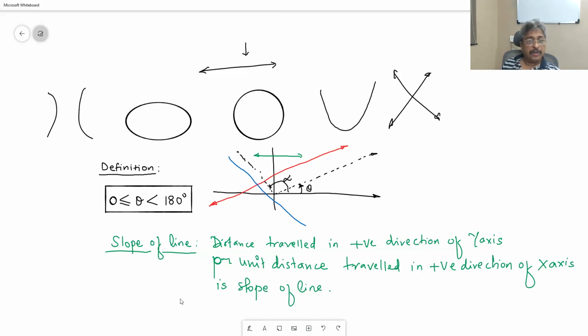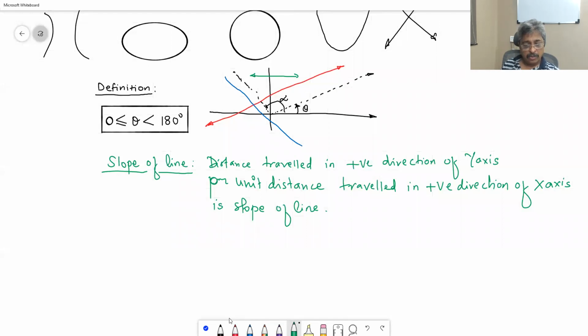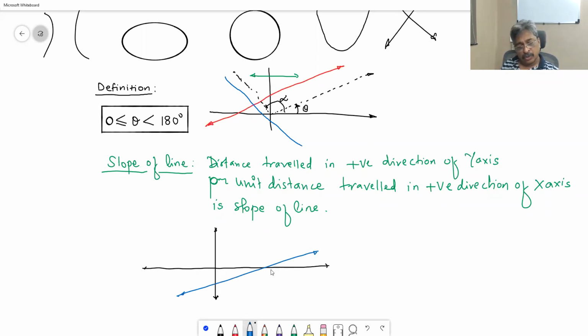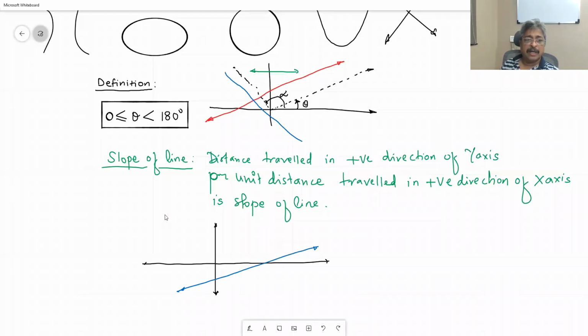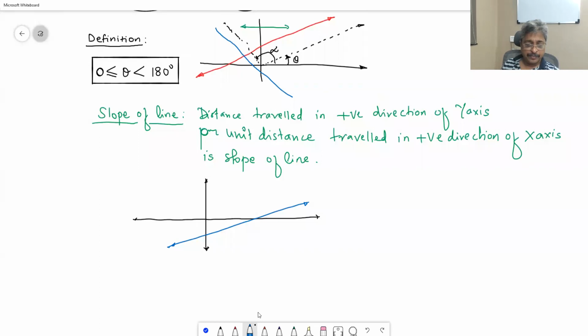Oh, this is good. So, what do we mean by slope? Suppose I have a coordinate system. Every time I am supposed to draw x-axis, y-axis, so that my frame of reference is fixed, and I draw a straight line. So you start at any point of this straight line and go to any other point. Start at this point, go to this point, A to B. You may come from B to A, no problem.